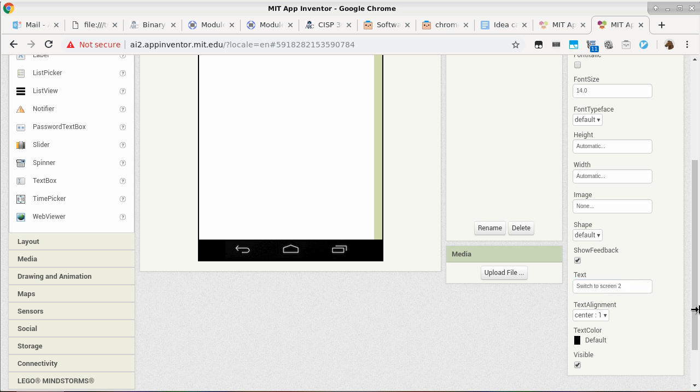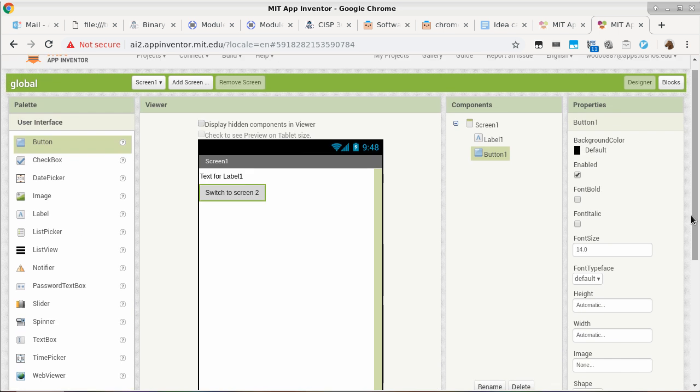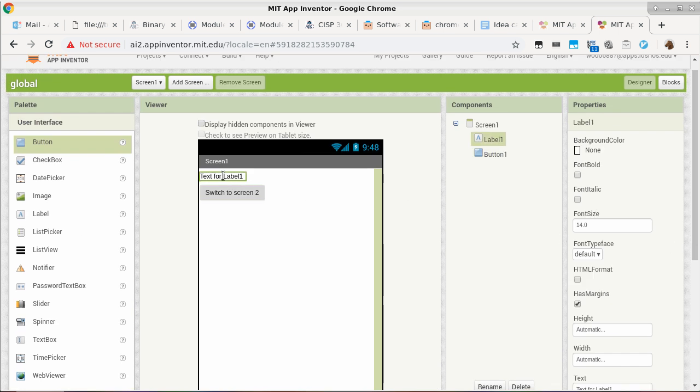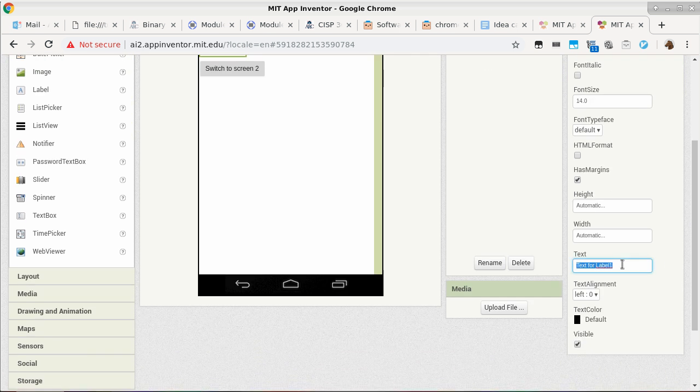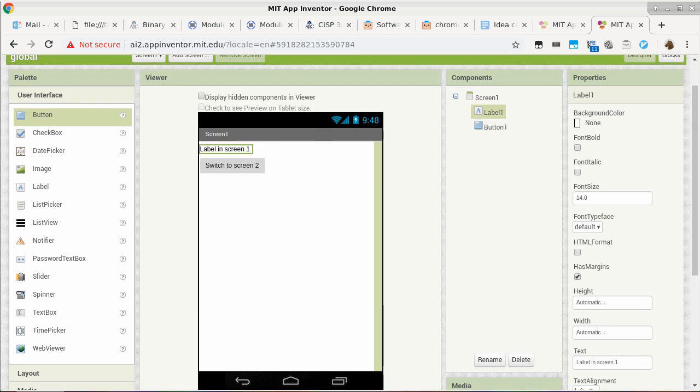There we go. So now the two screens are different, and I will change the text of label 1. So it says here label in screen 1. I'm just trying to make it visually different between the two screens. So now they're quite different, significantly different.